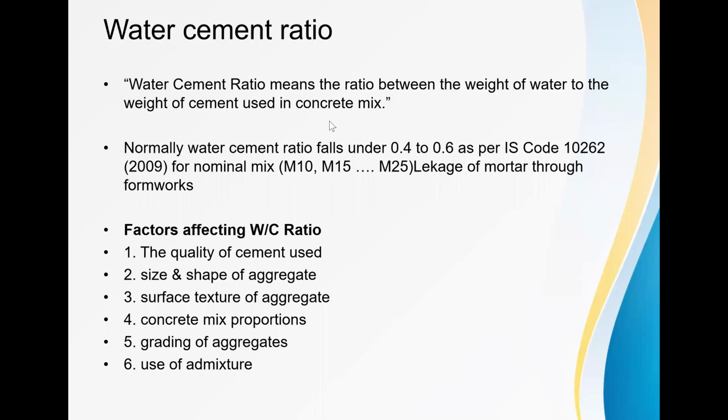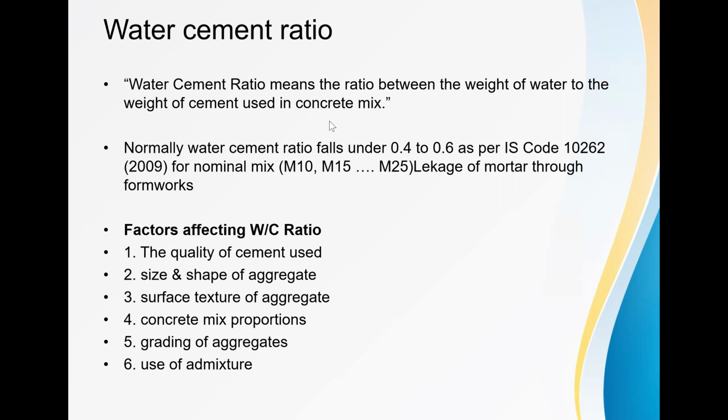Okay, so let's continue the chapter on properties of concrete, with the water cement ratio. The water cement ratio is the ratio between the weight of water to the weight of cement that is used in the concrete mix. That means for a particular grade of concrete, we take a certain weight of cement and a certain weight of water, and that ratio is called the water cement ratio. Normally, the water cement ratio falls between 0.4 to 0.6